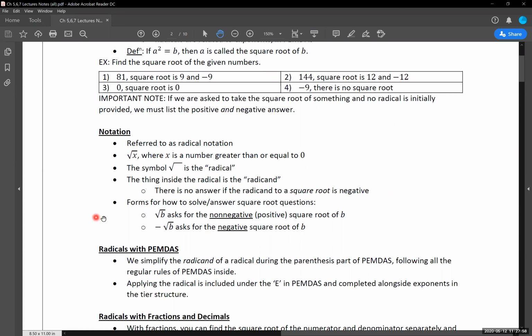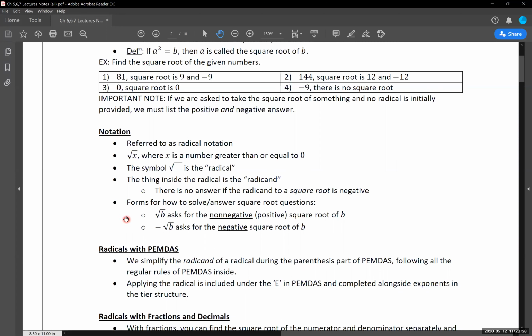So this is getting into the forms of how to solve or answer a square root question, and this is going back to the note that I made here for you guys. This is where it's differentiating between... I think this is a very understandable part to get confused on. Well, when do I list both answers? When do I list just the positive? When do I list just the negative? Those three potentials, and then trying to clarify that here with this set of notes that we have.